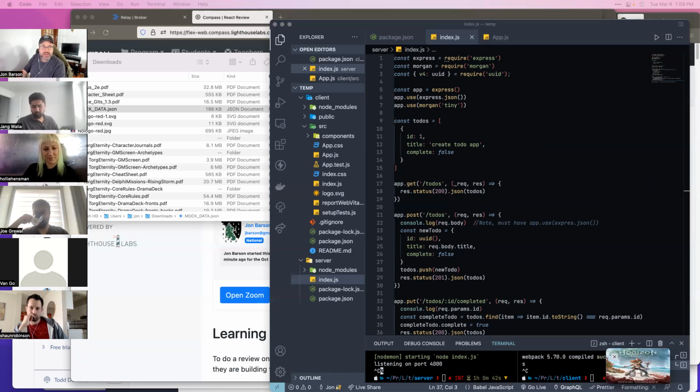Now let's create our index. So I'm going to do this quick and dirty. So let me see if I can do this without const express equals require